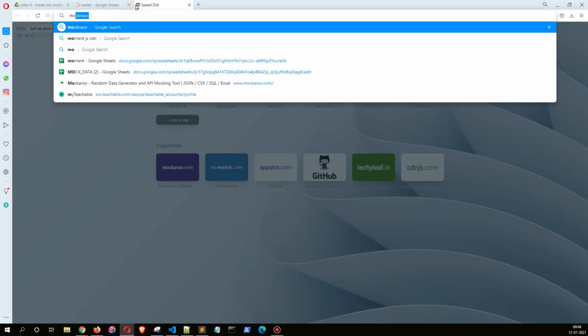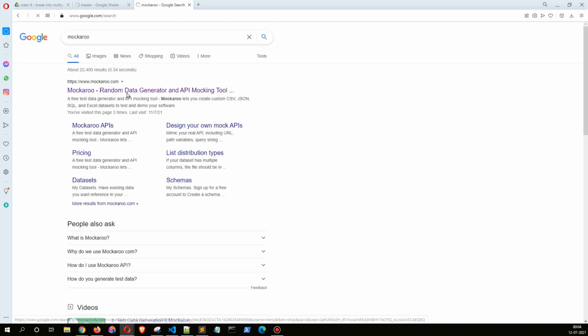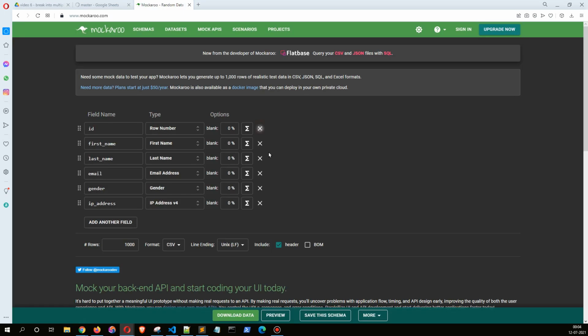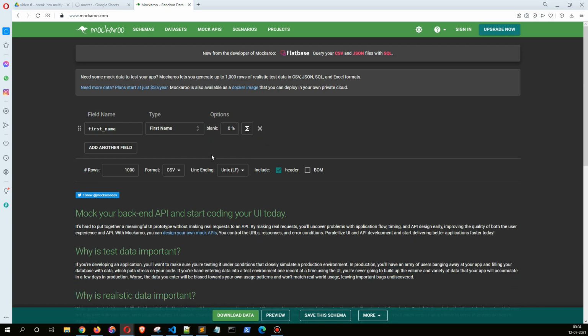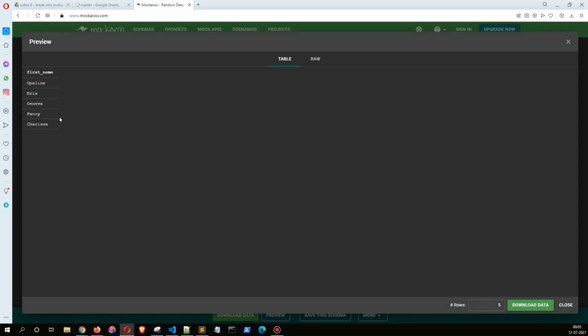Now let's go to Mokaru and let me get some names. So for example, I want like 5 names and I want to preview them. These are the people, copy them, and here